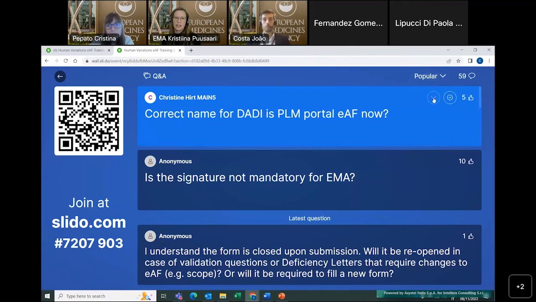That's correct. DADI was the name of the project, the Digital Application Data Integration Project. We have subsequently moved into an Agile project management approach, and we don't have a project per se. Of course, we occasionally still refer to DADI, but we are renaming. So we're trying to rename the project. Of course, it's PLM Portal eAF. It's a bit of a mouthful. It's a longer name. DADI was very easy and catchy, maybe a bit silly as well. But